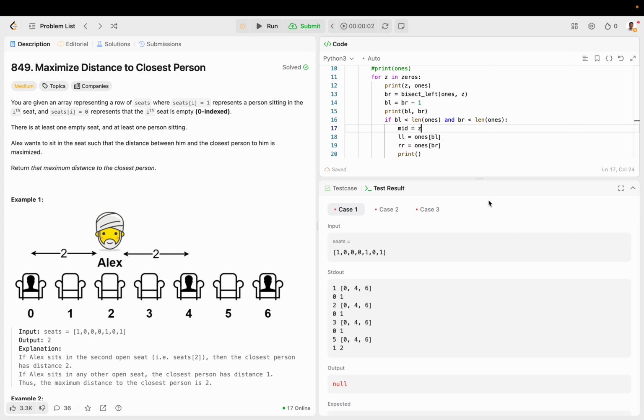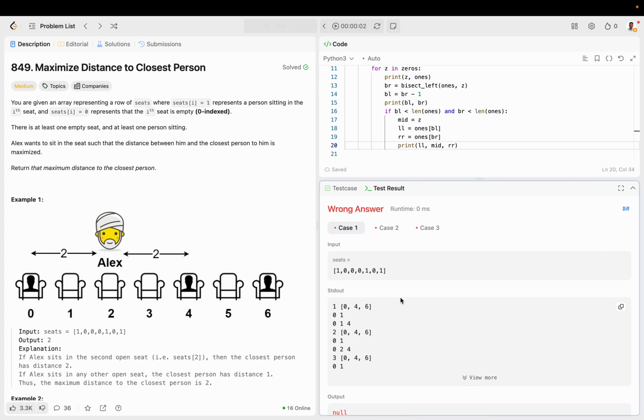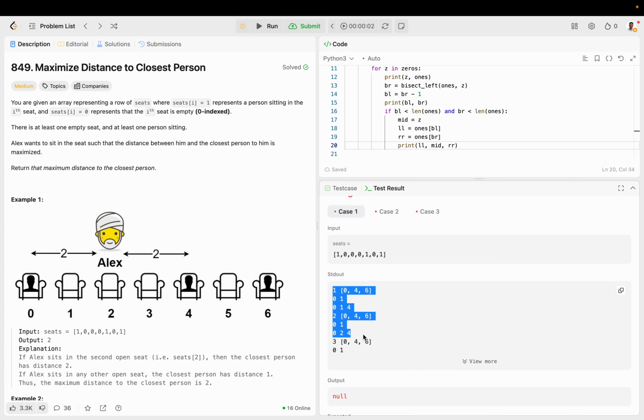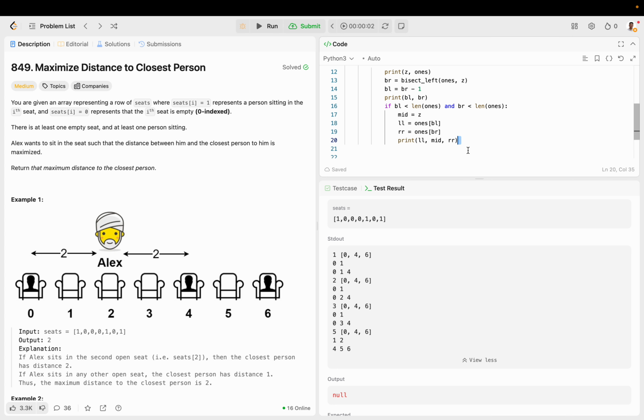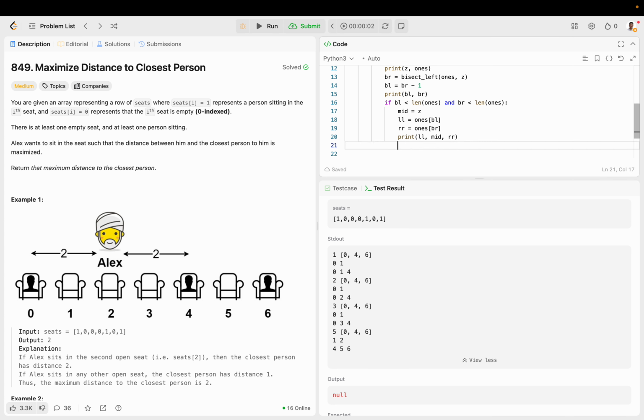The index that we may want to sit at. So that's going to be LL, mid, and RR. So cool, 014, 024, and 034, and 456. So now that's perfect. So basically what we want to do is keep track, okay, what if there's not a